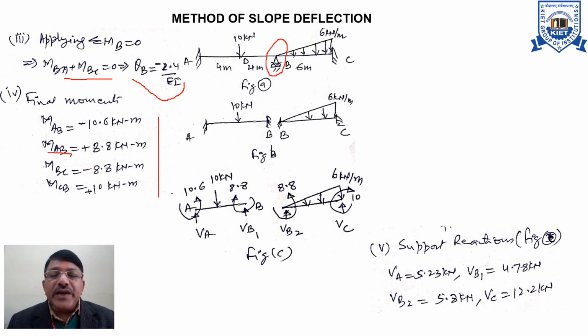So in this figure C, you can notice the moments and the reactions shown. The load which was given to you initially, 10 kilonewton, and the moments at A and B in the part AB have been computed by us. Right now they are mentioned here: reaction VA here, reaction VB1 here, reaction VB2 here in the part BC, and reaction VC here. So support reactions can be obtained separately for each part of the span. Part AB can be analyzed separately, and you will find the values of reactions VA, VB1, VB2 and VC like this, mentioned at the bottom.